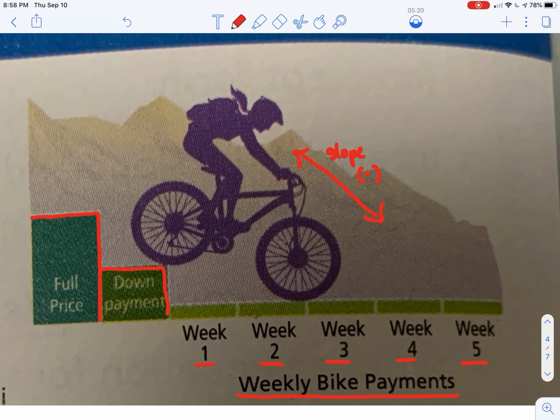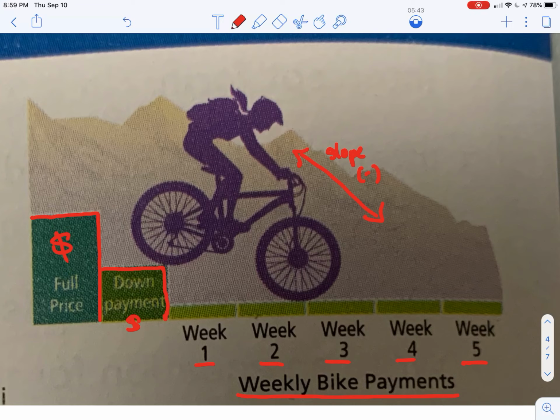So let's say this person goes to the store, they buy a bicycle, this is the full price of it. So in graphing this into an illustrative way of seeing this, you have your full price there to the left, and then you can see your down payment. So this person isn't going to give the whole amount of money for the bike. They're going to put a down payment down here, and then there's going to be a balance that has to